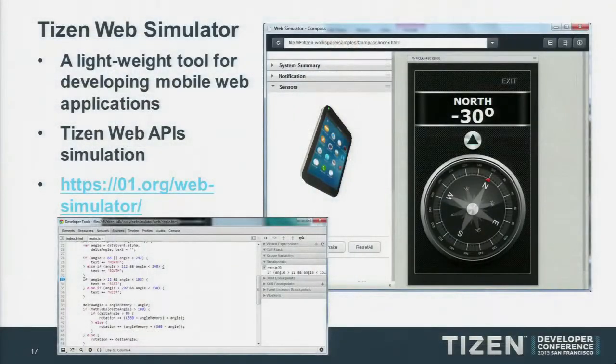So the Tizen Web Simulator is a lightweight tool for developing mobile web applications. It has a Tizen Web API simulation for Tizen 2.1, and it's running on top of Chrome. Also, you can open the Chrome debug tool to debug this application. I gave a link. The link is 01.org. The Web Simulator